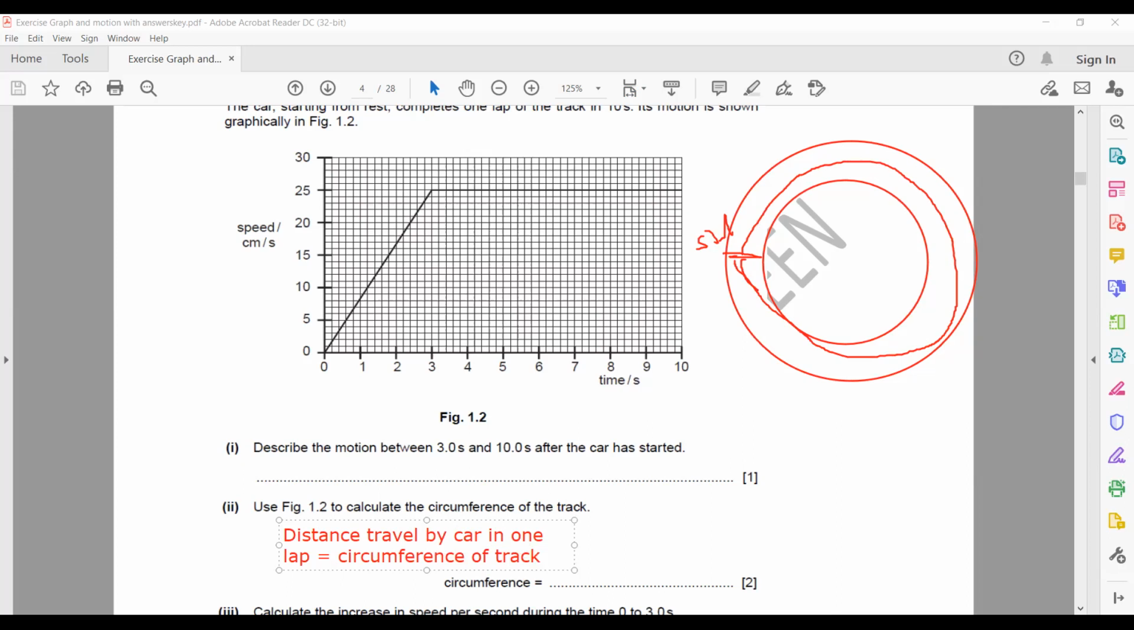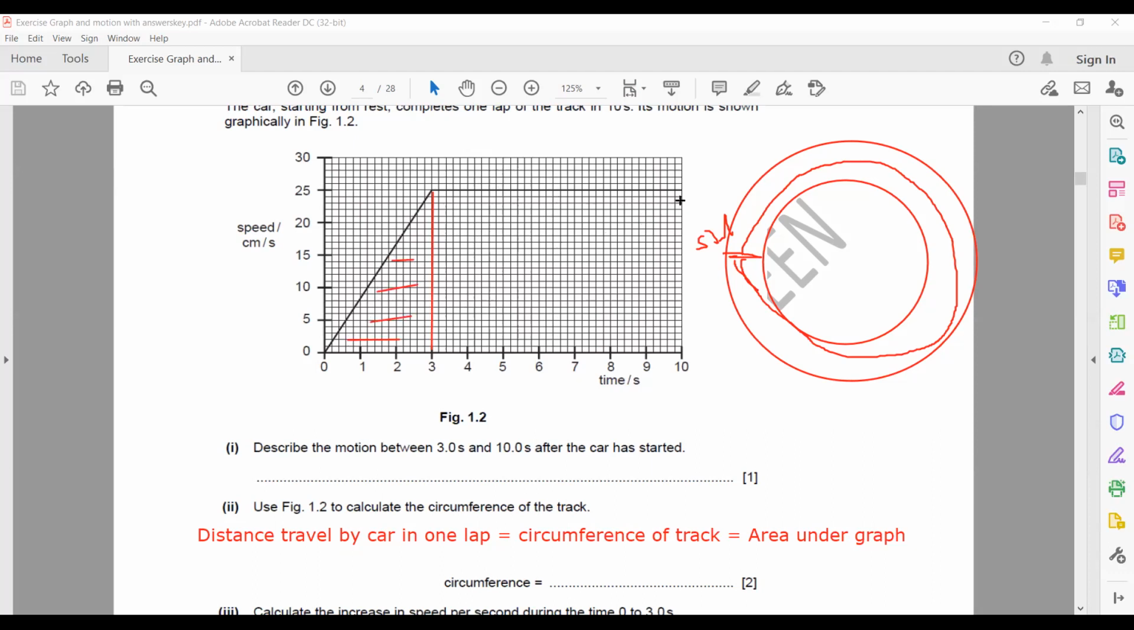And how can we find the distance traveled by the car? That is equal to the area under the graph. So what you have to do is calculate the area under the graph. You can divide this into two parts: you can have a triangle and a rectangle. This is one way. Or you can completely take this as a trapezium